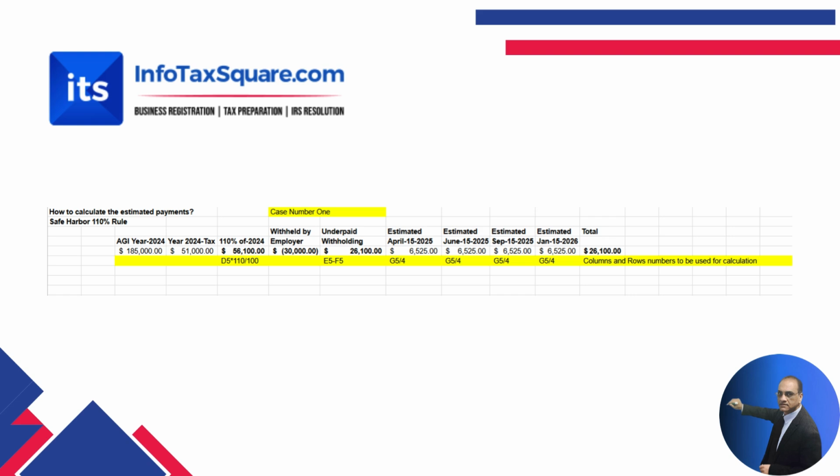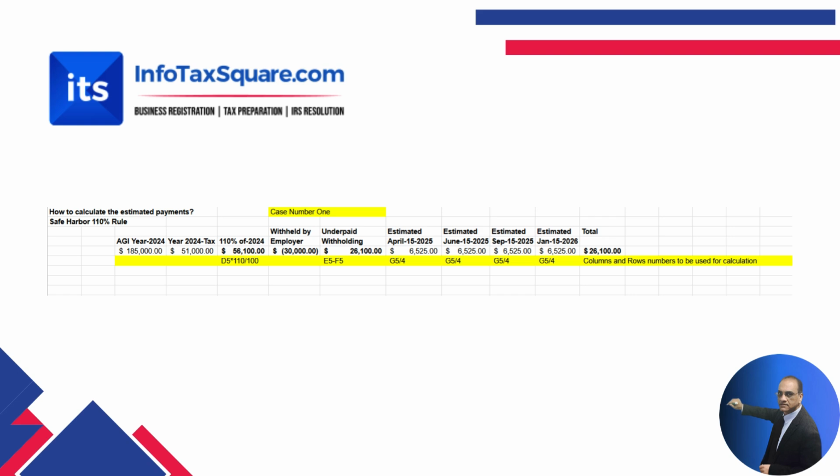So in Yusuf's case, his AGI was more than $150,000, and his last year's taxes were $51,000, and his employer only withheld $30,000. So $56,100 minus $30,000, Yusuf is required to pay an additional $26,100. So the total liability based on 2024, for 2025, was $56,100, whereas his employer already paid $30,000. So Yusuf has to pay an additional